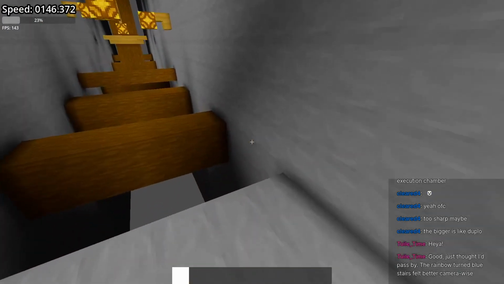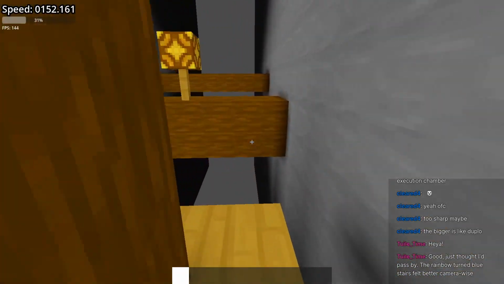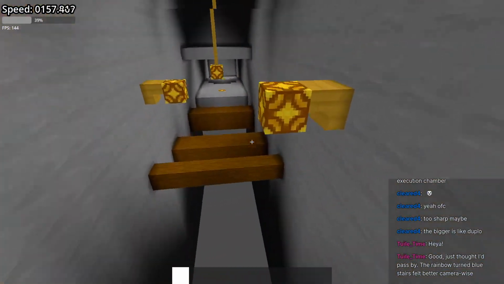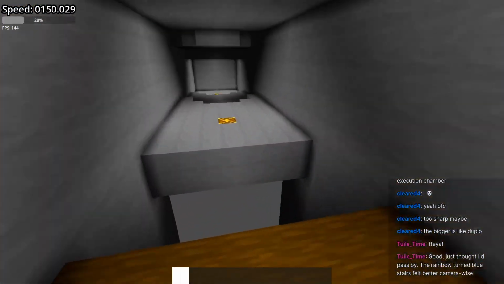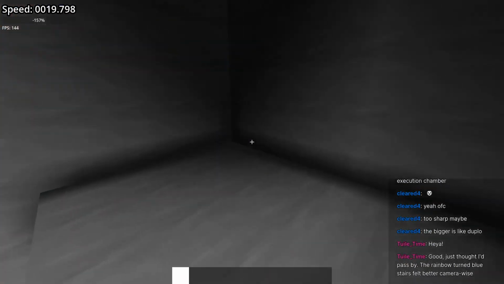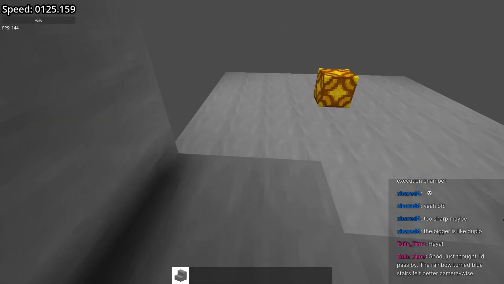So this is the previous iteration. Can I clear this course on the first try? Let's go. Maybe. No! The second to last jump. I missed it. Anyway, if I place some stairs into here.